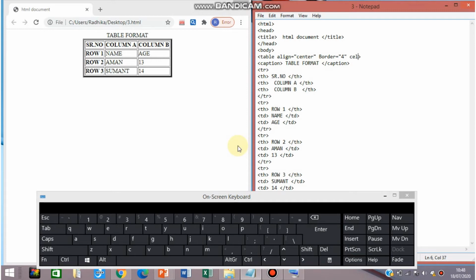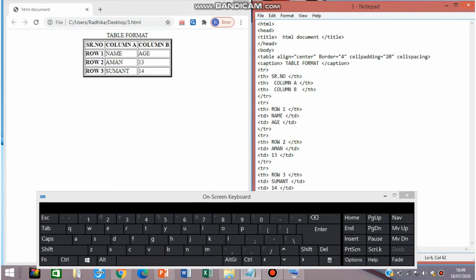Cell padding is equal to, again whatever value you are mentioning, mention in double inverted commas only. Suppose cell padding I am mentioning as 20. Cell padding is nothing but it is used to set some distance between the cell and the content. Now again some more attribute we will see, that is cell spacing.